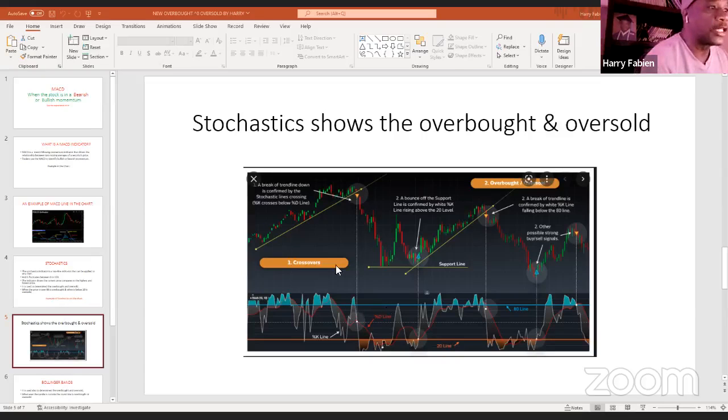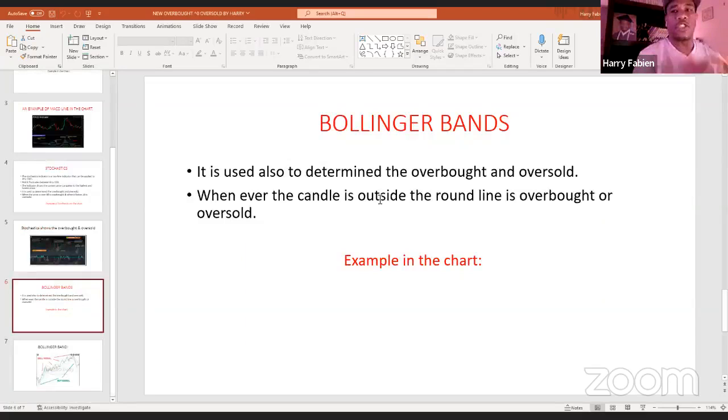is when the stock is overbought and oversold, there's another way that you can see. There's another indicator that you can use. It's called Bollinger Band. That's a Bollinger Band. The Bollinger Band does the same thing as stochastic. They do the same thing. The only thing,